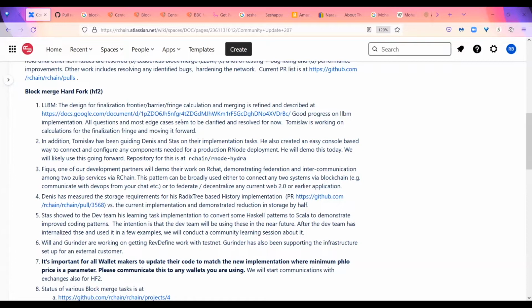And the demo that Martin is going to do today, even though it's just a federation of one Zulip server. If you think about it, currently the way Zulip or any chat works is that you need to be on the same server to be able to communicate with a particular community. What Martin is going to demonstrate today is that you don't have to do it that way. Two different Zulip servers can communicate between themselves, so in that sense, they are either federated or decentralized. But to really take that pattern, it's more broadly applicable.